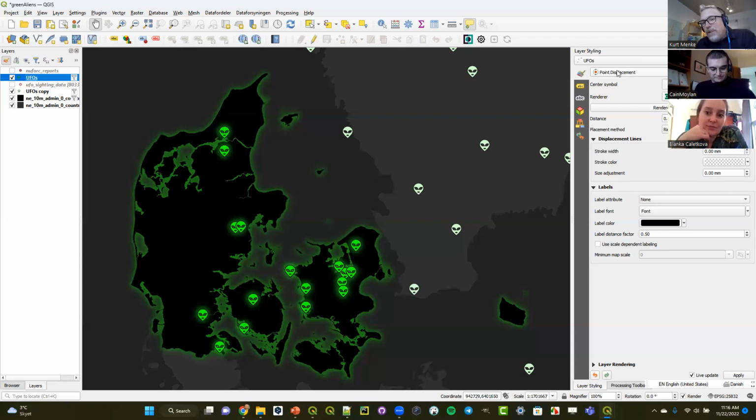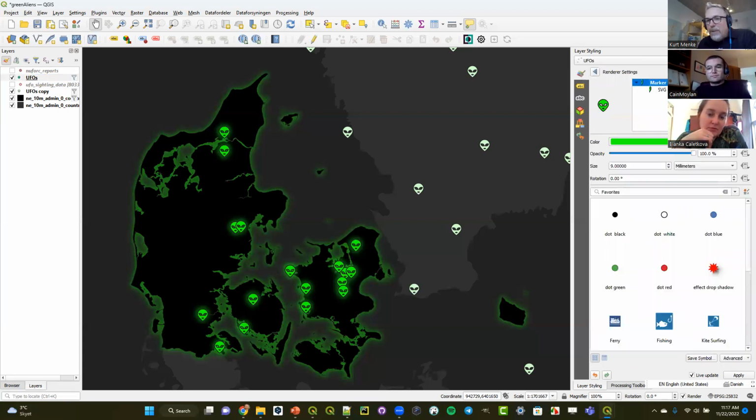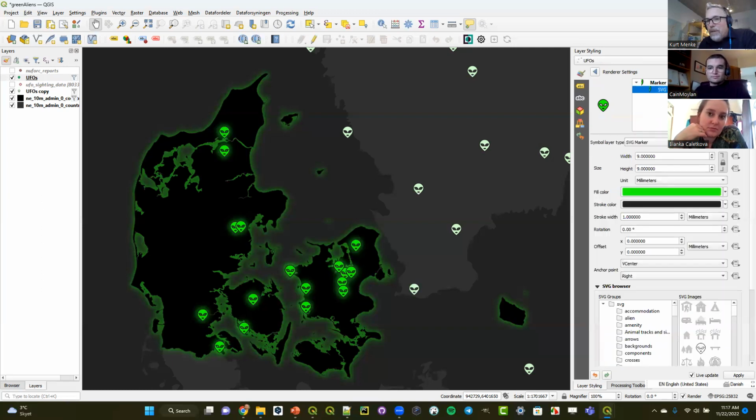And so this point displacement renderer, you can set up symbology for a layer and then switch to this. The render settings here is going to be how I set up that original symbology. So you can see it's a marker using an SVG marker symbol layer type. So I just set the fill color, and